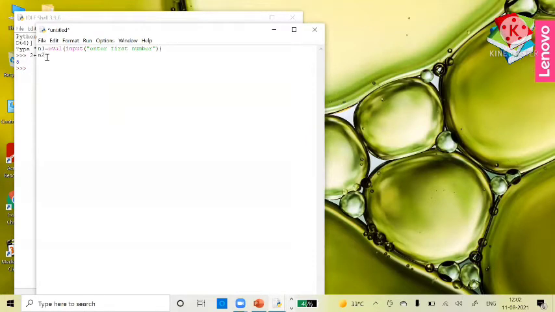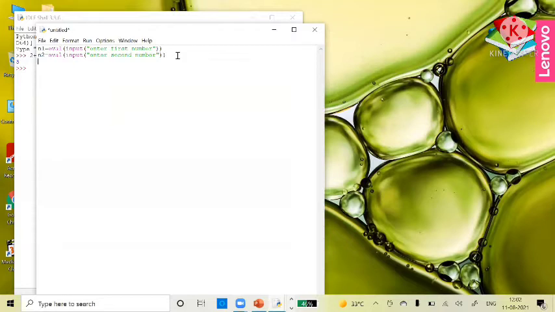Next we will get the other number, and without wasting any time I am just copy pasting the same thing, Control C and Control V, and here you change the message. Here you are getting the second number from the user. So you got two numbers, first number and second number. Now what you are going to do with these two numbers: first you add, then you do the subtraction, multiplication, division, and exponent.